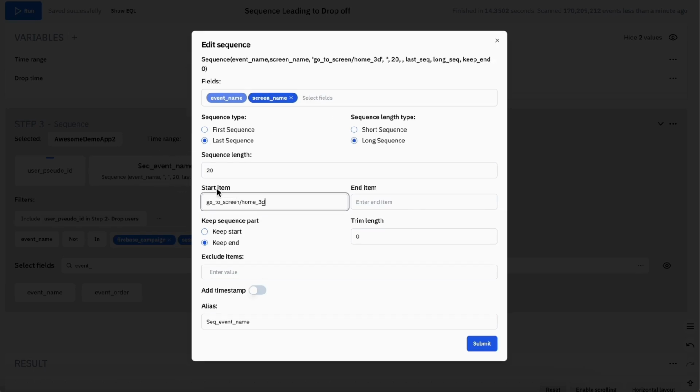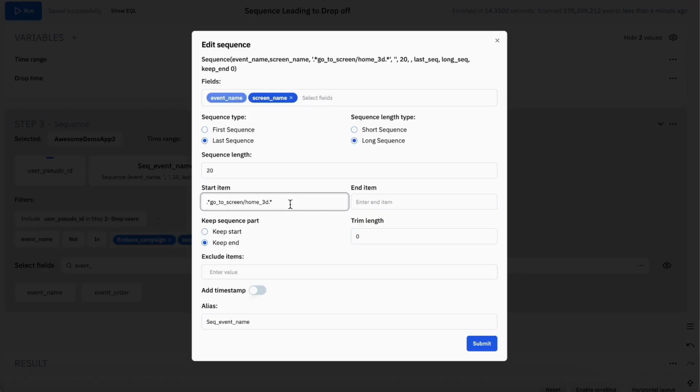The slash in the middle separates the event and the parameter. You can add more parameters by adding a slash between them. I can also add a dot star before and after the start item. This is a regular expression, in other words a regex pattern. It simply means match any sequence that appears one or more times.